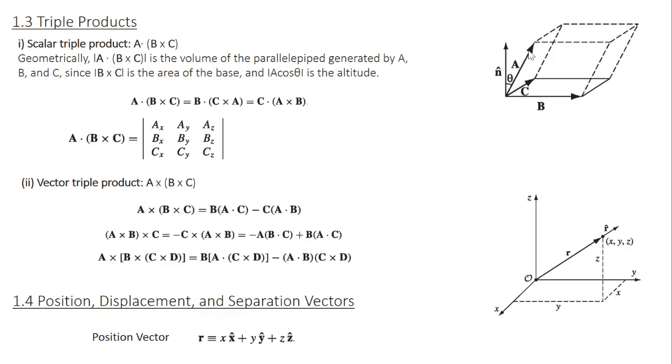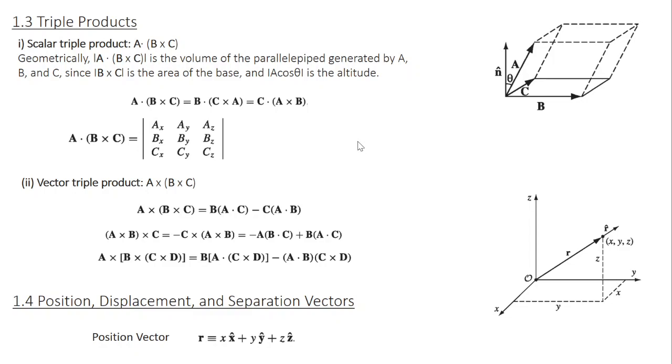So this gives you a cos theta component, which is the height of the parallelepiped. So you are multiplying base area with the height, which gives you the volume of the parallelepiped. So the modulus of a dot b cross c gives you the volume of the parallelepiped generated by a, b and